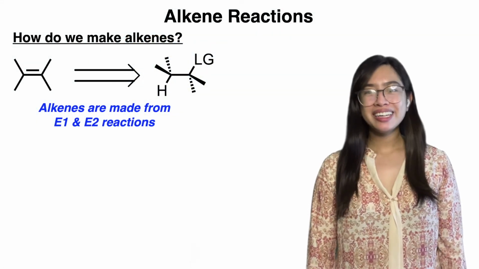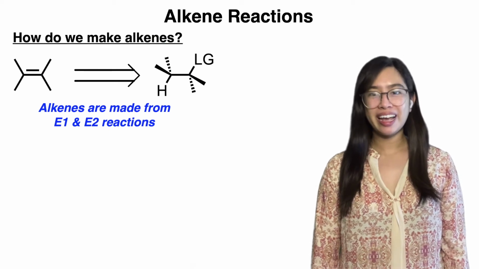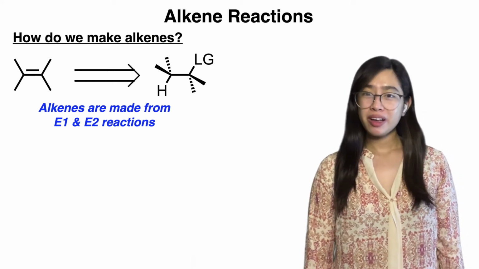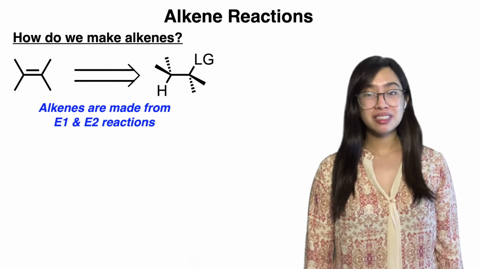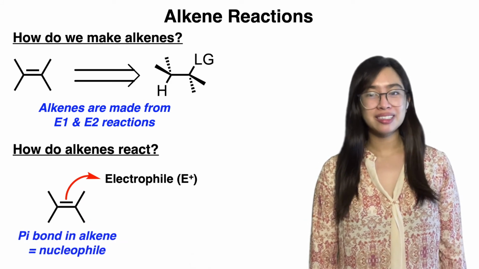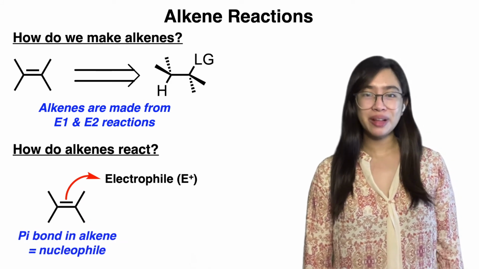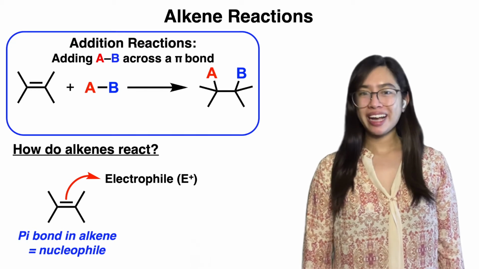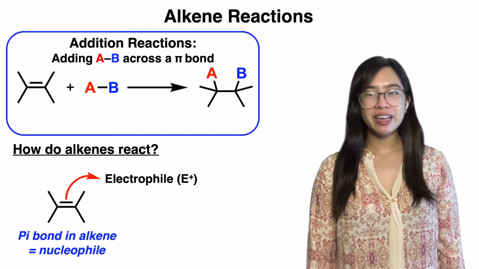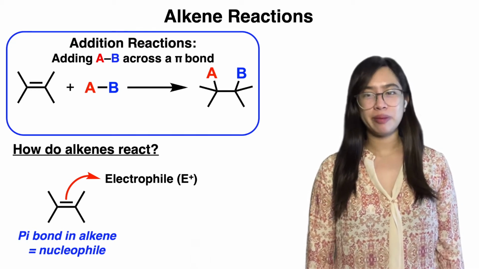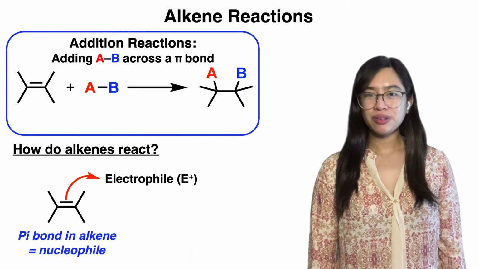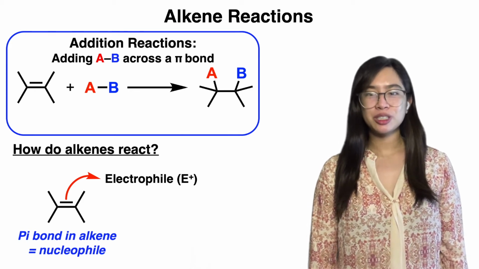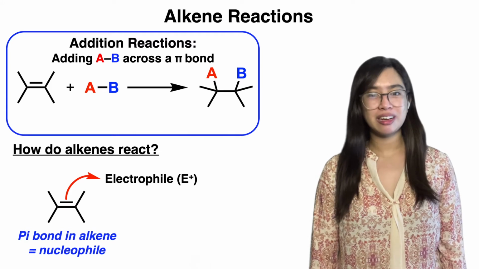Recall that alkenes can be made from E1 and E2 reactions, but we could add two groups across an alkene where the pi bond acts as a nucleophile to attack an electrophile. Addition reactions are when an electrophile, AB, is added across a pi bond. Today we're going to focus on 4 different addition reactions, and the 3 main questions that we're going to analyze